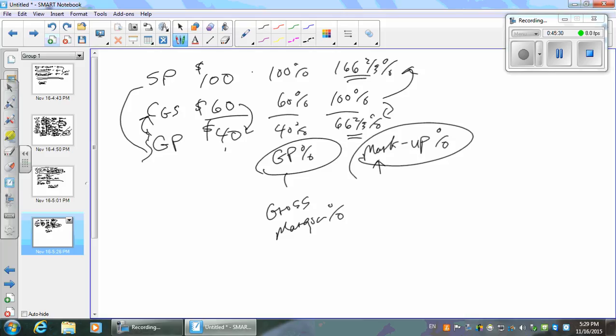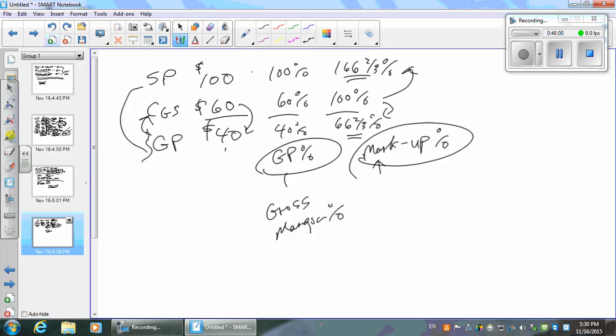Marketing people use markup. Accountants and finance people typically use margin. Like we're from different planets when we're talking about this stuff. So when they say a percent, margin, or markup, what do you need to do? Ask how they calculate it. What do you mean by margin? If they say, well, it's the percent the gross profit is of the sales price, of course, you say, yeah, I agree, it's cool. If they say it's the percent I added to cost, whoa, that's not margin,